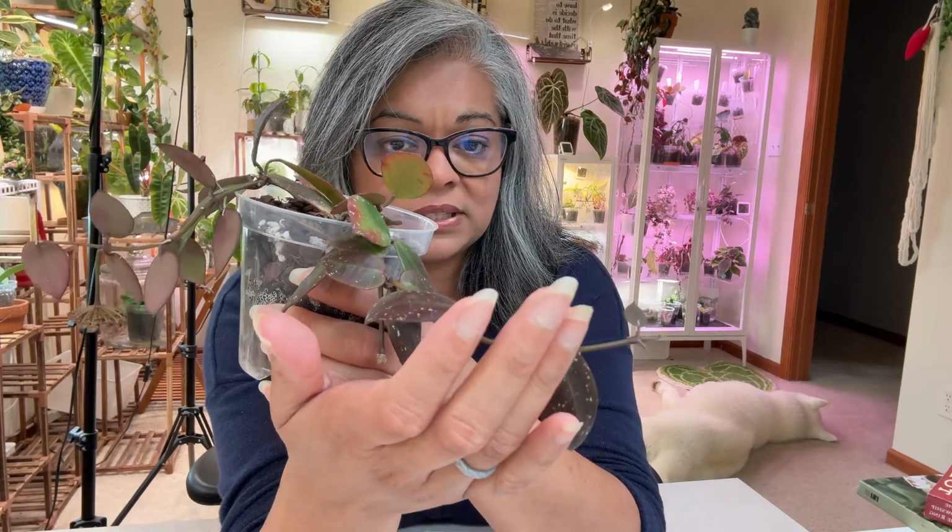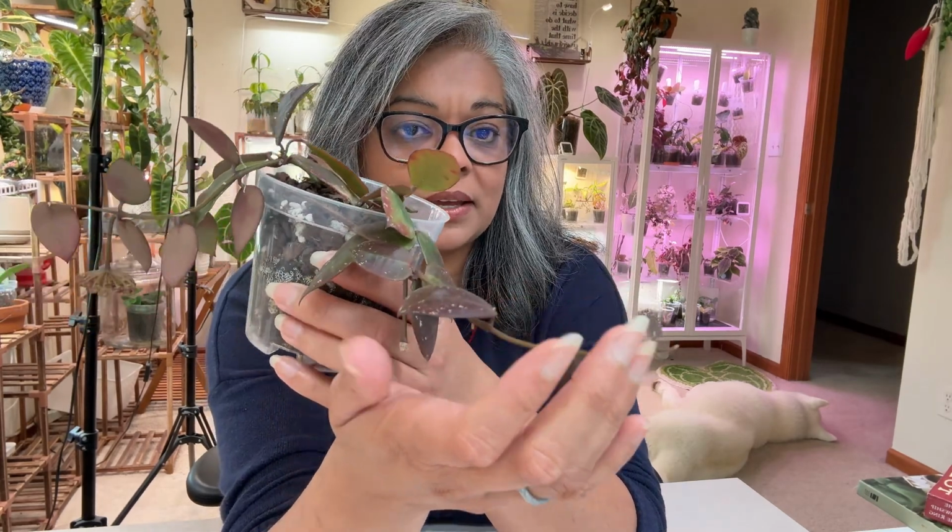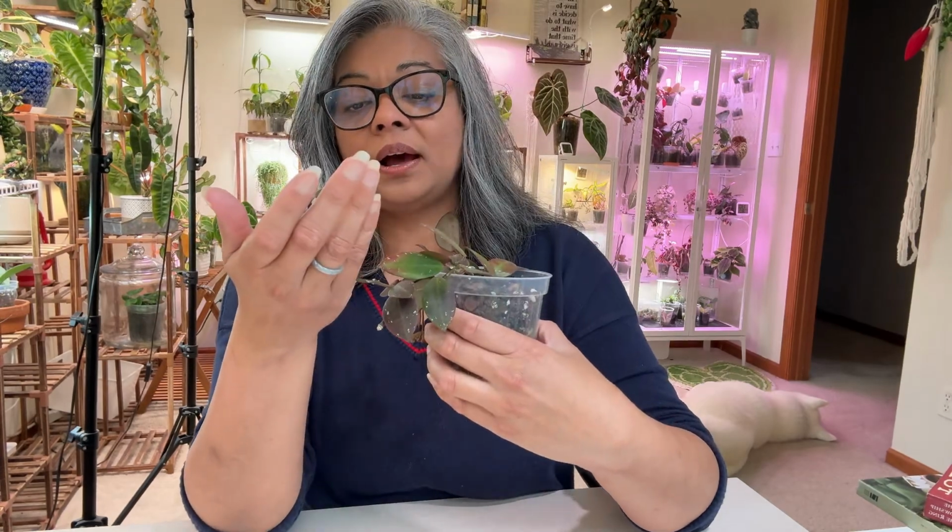I love it. I have new leaves here, and the leaves that fell off from the previous setup I had it in are growing back. So I'm really glad to see that. I might just have this as a trailing Hoya. I might put it up on a trellis. I'm not sure. We'll see how it does as it continues to grow, but so far so good. I love it. So this is the Hoya Willeniana